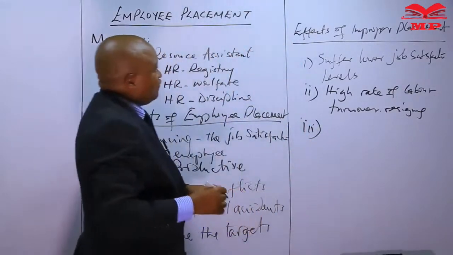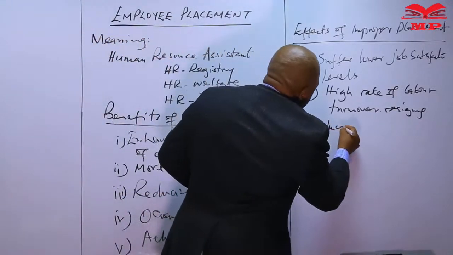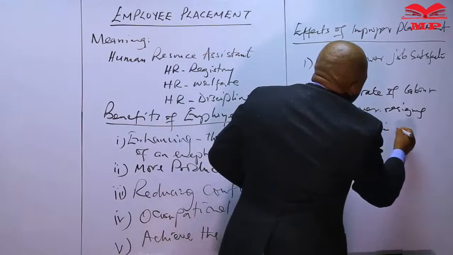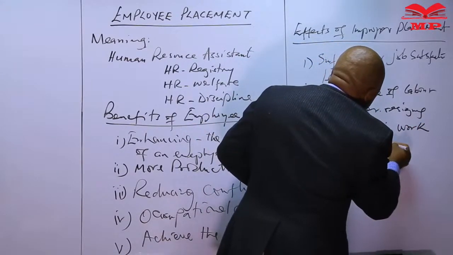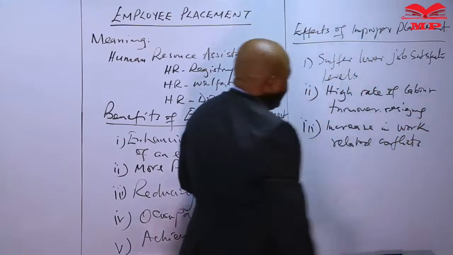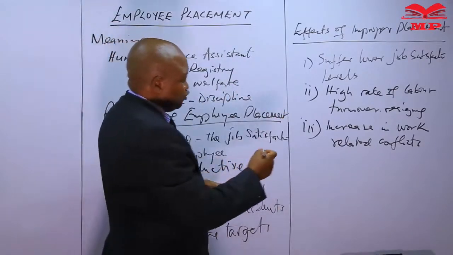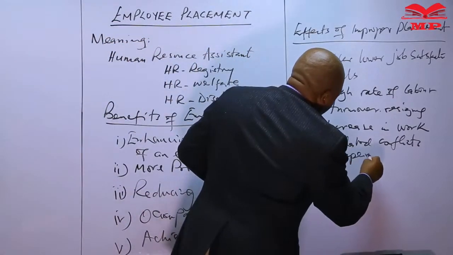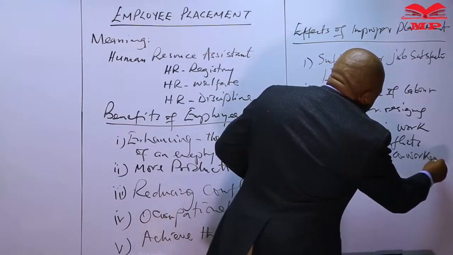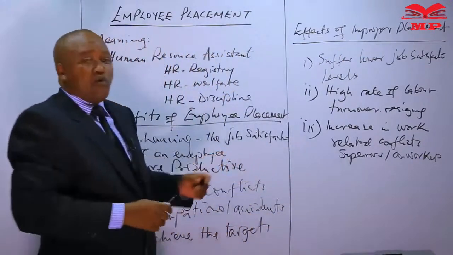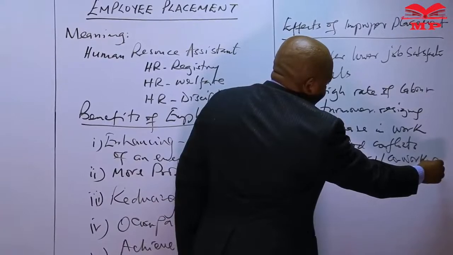The third effect of improper employee placement might be an increase in work-related conflicts. Employees who are not able to work effectively will conflict with their superiors, will conflict with their co-workers, and with an increase in work-related conflicts, these employees are likely